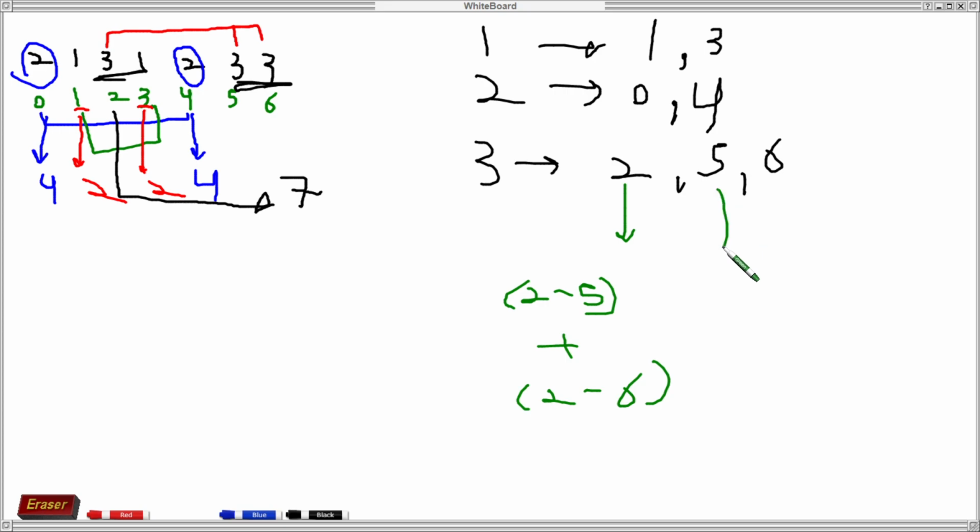For this 5, we have to do absolute value of 5 minus 2 plus absolute value of 6 minus 5. Similarly, for this 6, we have to do absolute value of 6 minus 2 plus absolute value of 6 minus 5.